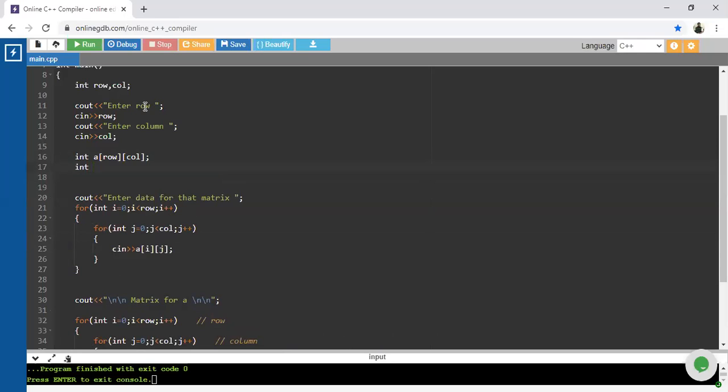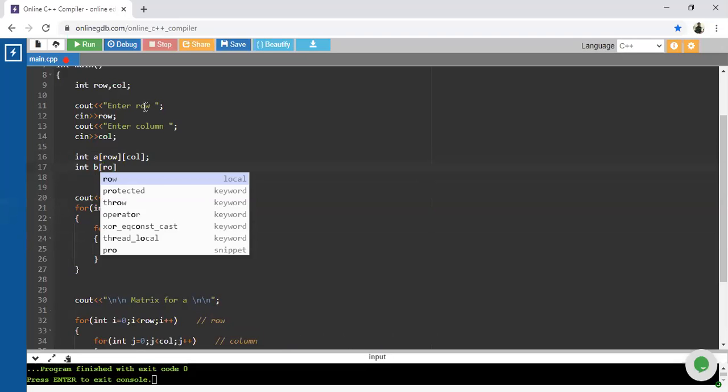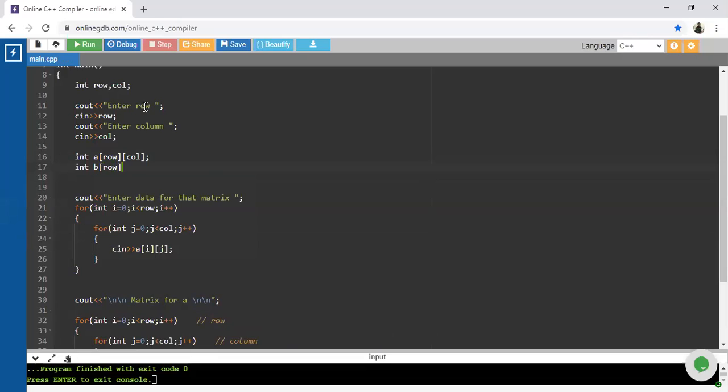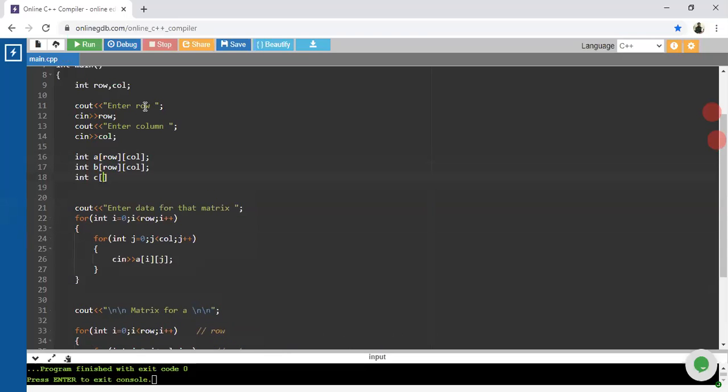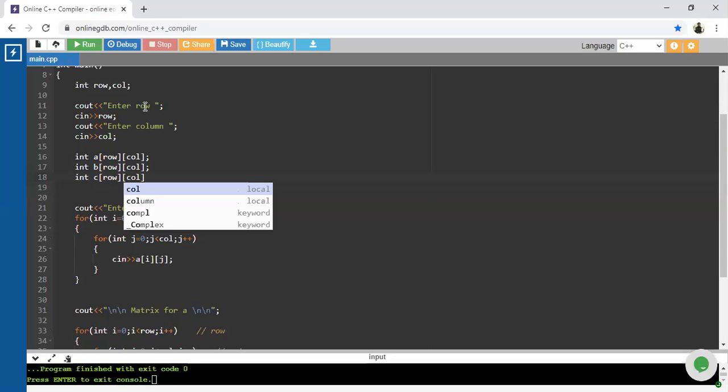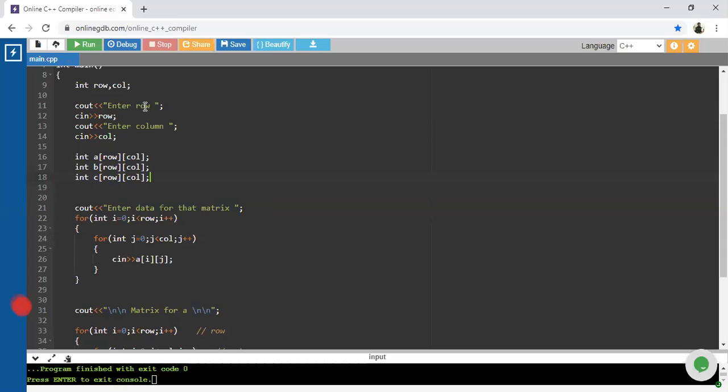Again, for B I am going to assign this as a row and this as a column. And what about the output, guys? Again, integer C of row and column. So as per the user data, by default the arrays are declared.